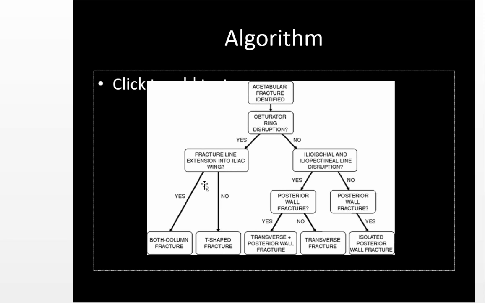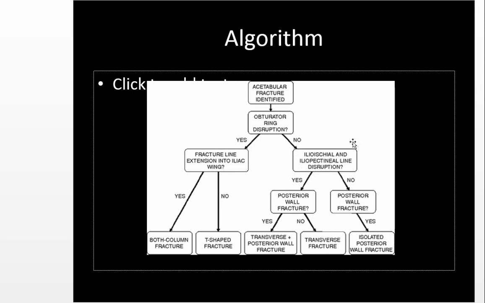If it disrupts the obturator ring and it does not go to the iliac wing, then it's a T-shaped fracture. Okay, it's a T-shaped fracture. Coming back to the algorithm, if there's no obturator ring disruption, then you assess if